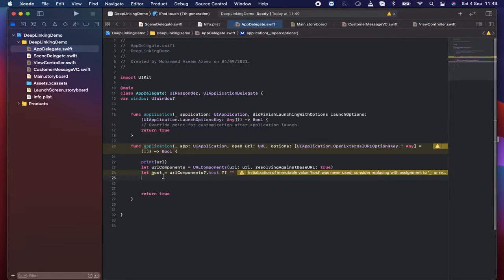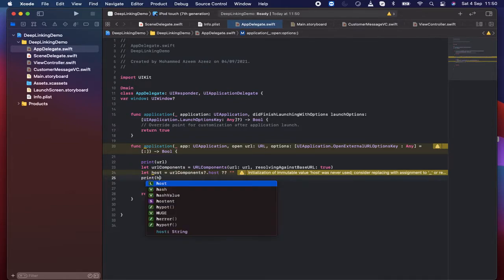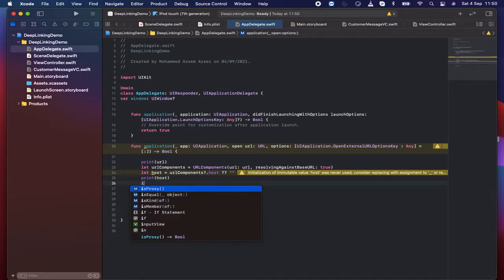So I'm going to check whether the host is that, so that we can use multiple deep linking URLs, so that it will know where it should go based on the host value we give there. And then next is let's say print host, so that we can check whether we are giving the right value or not. And if the host is equal to customer detail,